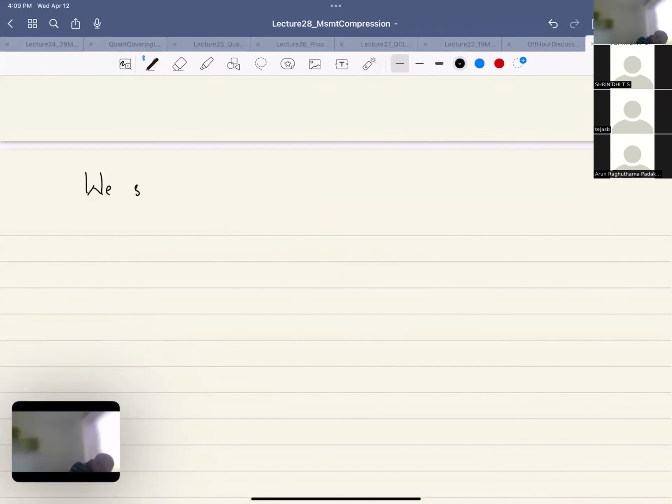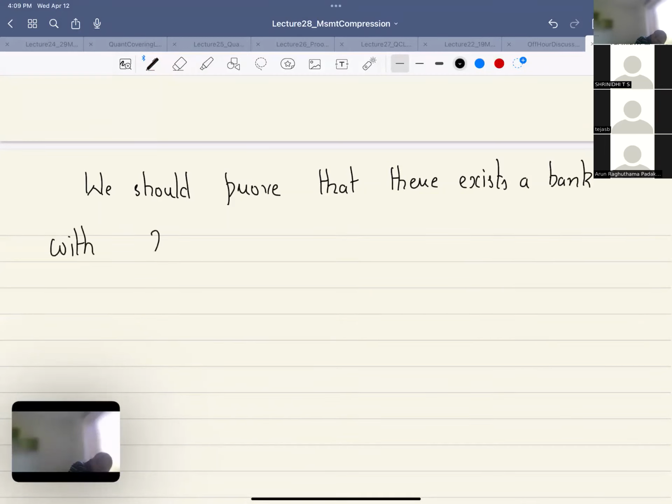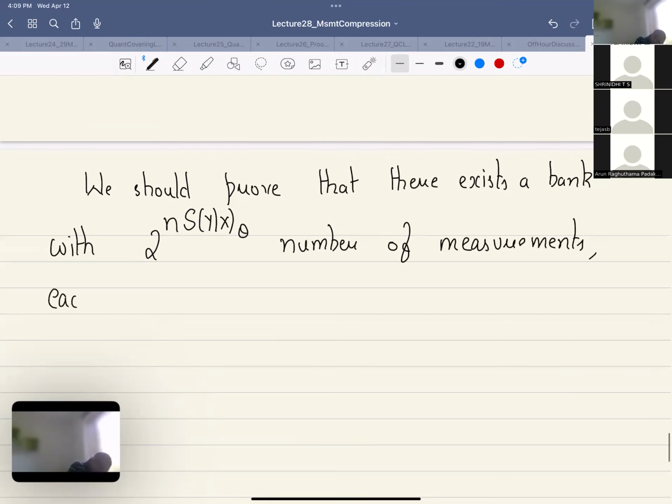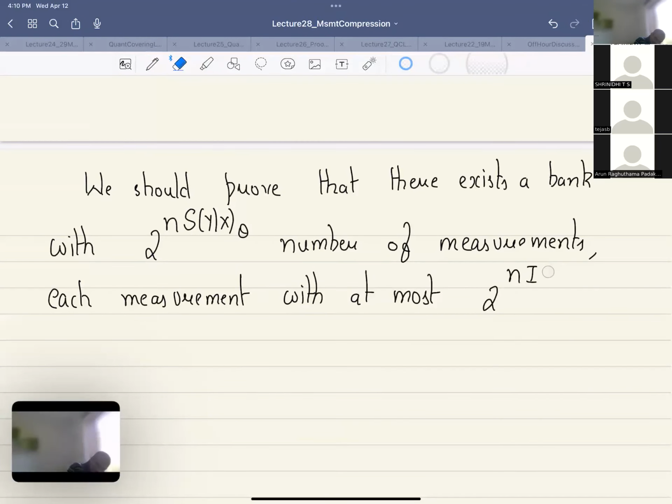We should prove that there exists a bank with 2 power n S of y given x of theta number of measurements, each measurement with at most 2 power n times I of x colon y of theta outcomes, such that